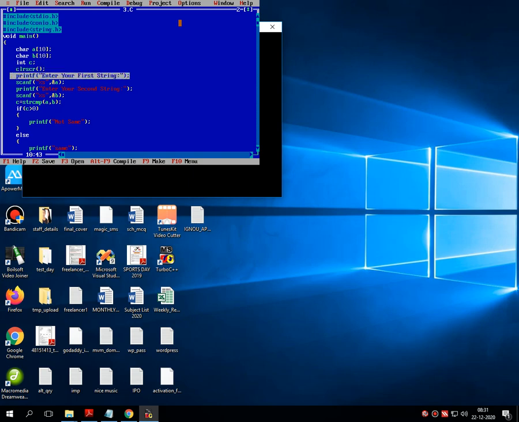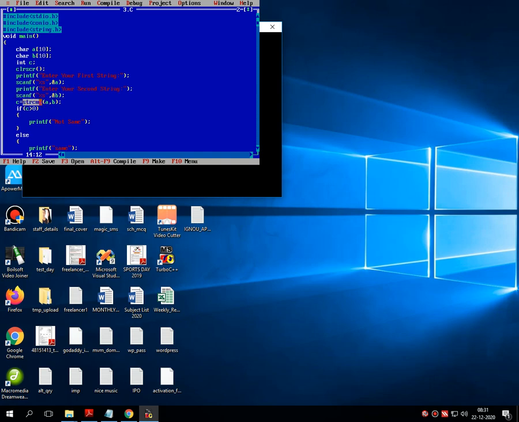The first label is enter your first string, scanf %s and &a, which reads and stores the value inside the variable called a. Then there is another message, enter your second string, which reads and stores the second string into the variable called b.